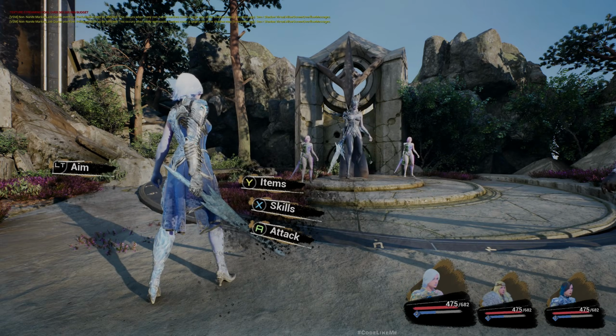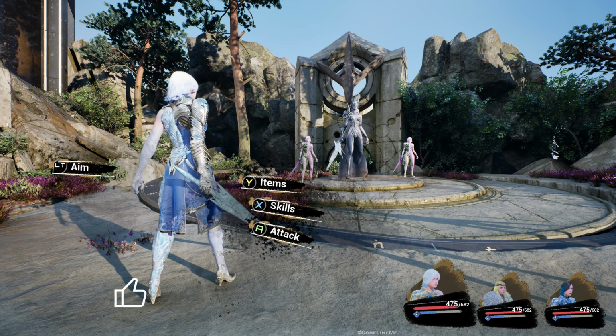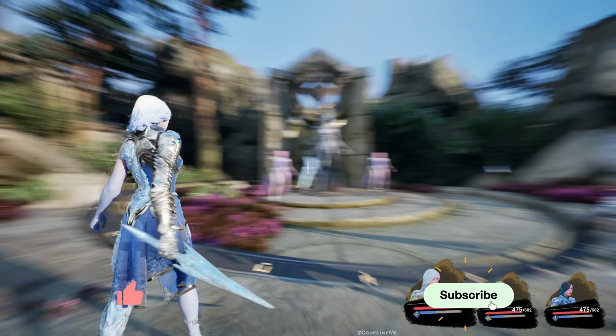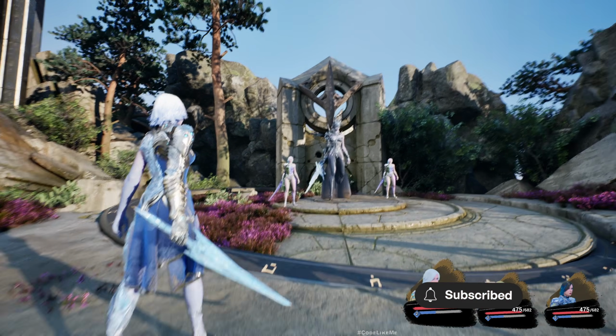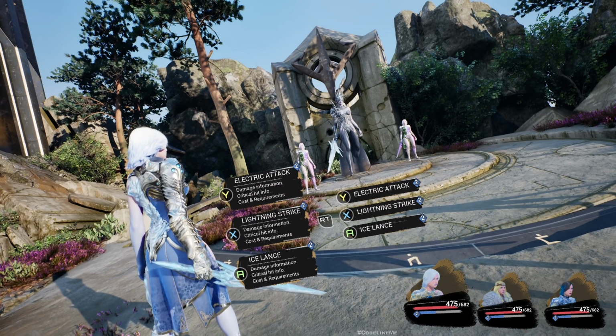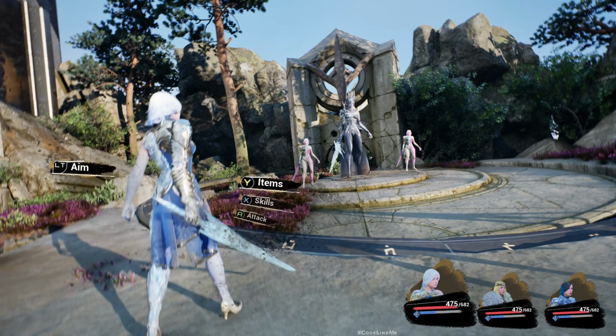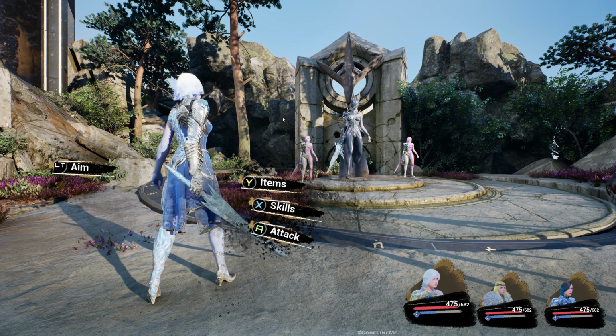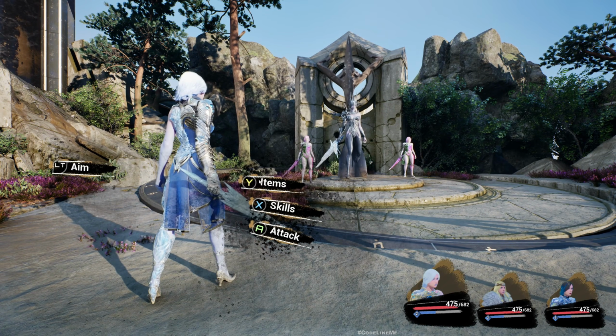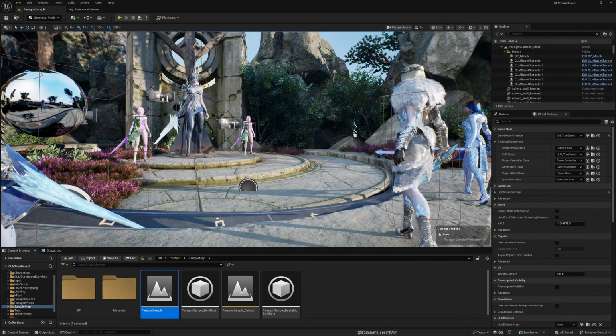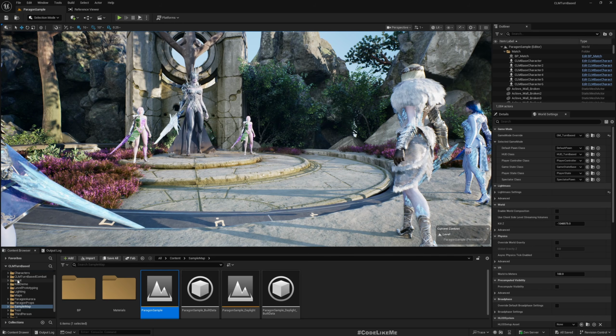Right, so this is what we have developed so far. We have this aiming mode where we can aim, and we have this skills mode where we see the skills, and the next thing I want to work on is this items mode for Y. So first let's create the menu for the items, then we will work on the camera transition. Right, so for the menu,